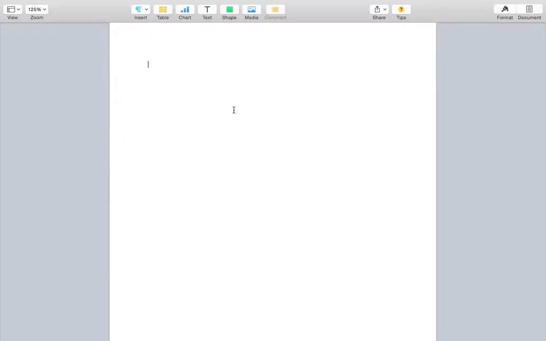So in this tutorial, what I'd like to demonstrate to you is how to use two key aspects of Pages for the Mac to make your scientific paper easier to manage. If you're looking for the actual idea of what the content should be for your scientific paper or anything like that, I encourage you to go to my website, and on the lab section of the website where you normally